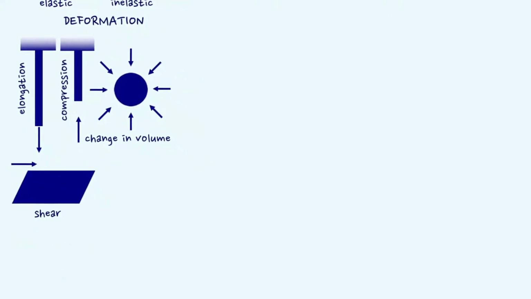Second one corresponds to change in volume. Here, a rubber ball is pressed from all the sides and its volume decreases. When pressure is removed, the ball regains its original volume back. Third one corresponds to change in shape. To describe the nature of the applied force and the resulting deformation, concepts of stress and strain are used.